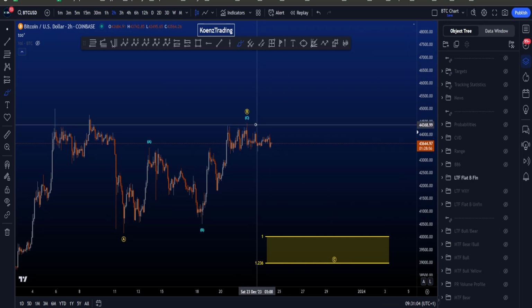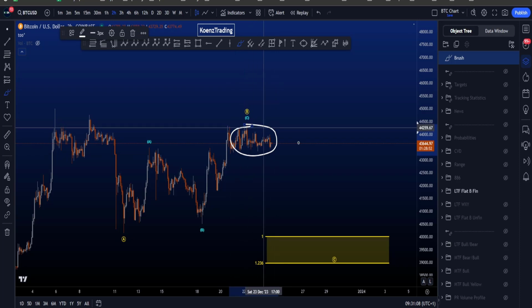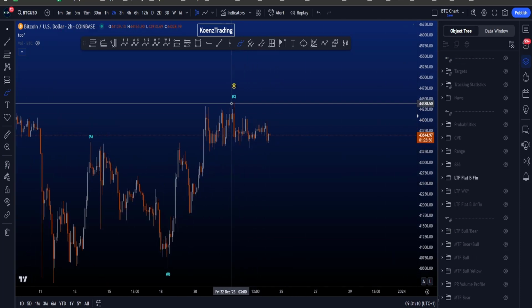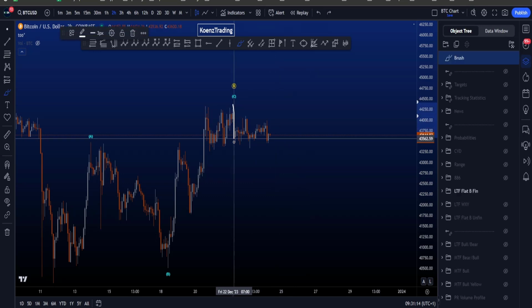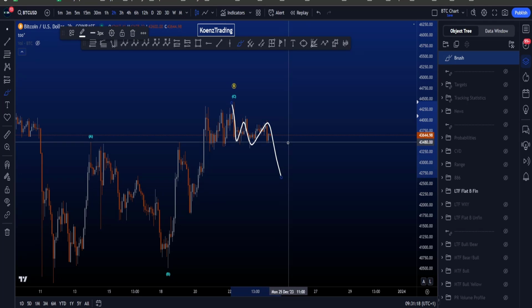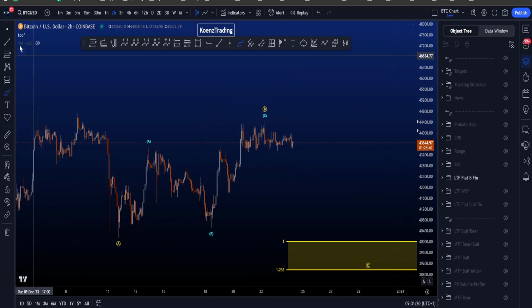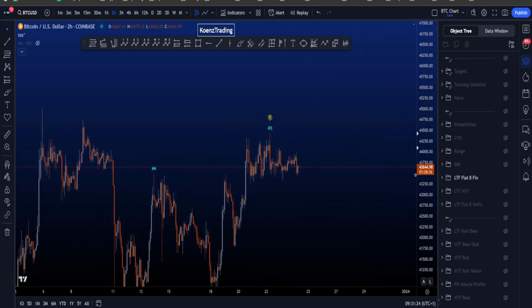Now, in this scenario, the invalidation is, of course, if price would move up and take the high, and more locally, we then have to look for potential 1-2s, right? Because we're looking for an impulse to the downside, where preferably this is your 1-2 and then a move down, or a 1-2, 1-2, and you want to see strong continuation to the downside, preferably supported by some solid bearish CVD